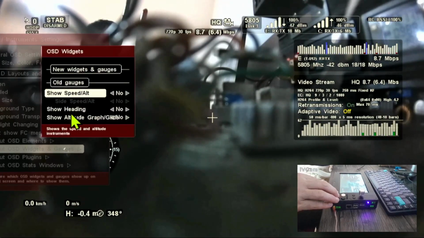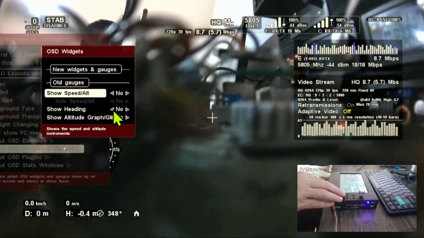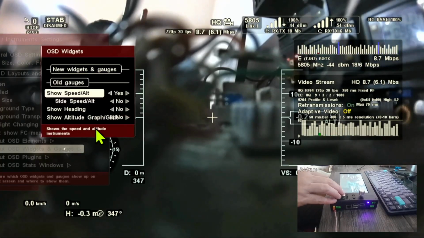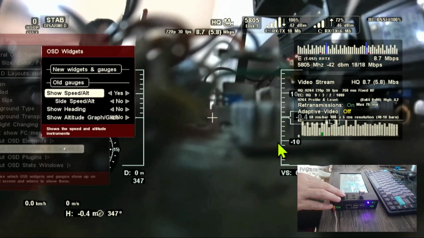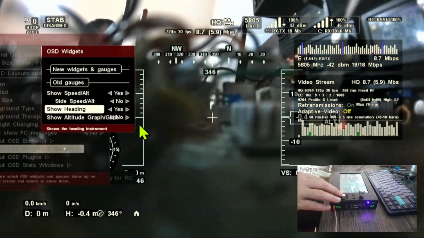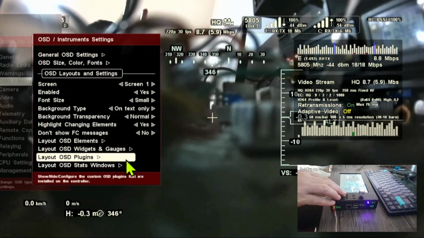Widgets, let's talk about widgets. We have a few of them defined. So speed, it's the classical speed and altitude widgets. Heading, it's of course the heading widget. And let's go to plugins,